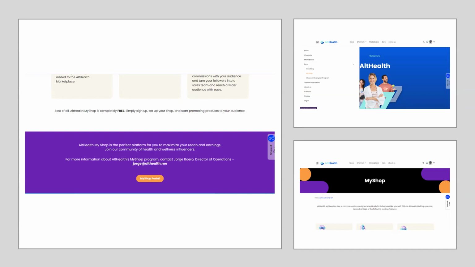As of that moment, you will just need to click on the MyShop portal button, and it's just a couple of clicks so you can have your own e-commerce store. And I know that it sounds so simple, and believe me, it is. If you stick with me for next Tuesday, you will realize how simple it is to have your own e-commerce store. Now, what can I do with my own e-commerce store? Let me give you just one example.